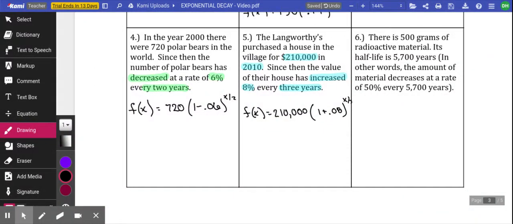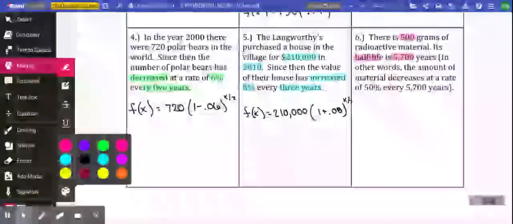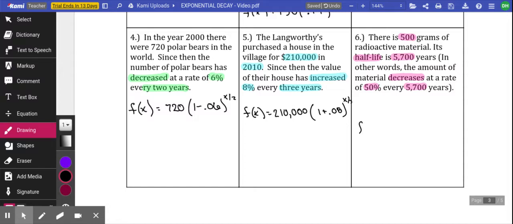All right, last one, definitely a very advanced one here to finish things up with. There initially was 500 grams of some radioactive material, and it has a half-life of 5,700 years. Now, the way we interpret a half-life is I want you to think about it like this. The amount of material is decreasing at a rate of 50%, and in this case, every 5,700 years. So let's see how we're going to rewrite that. The amount of material is equal to 500 times (1 minus 0.50), because it's decreasing by 50%